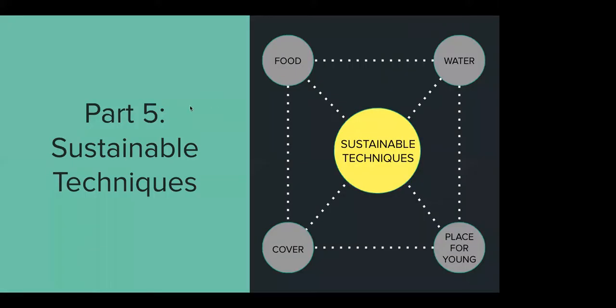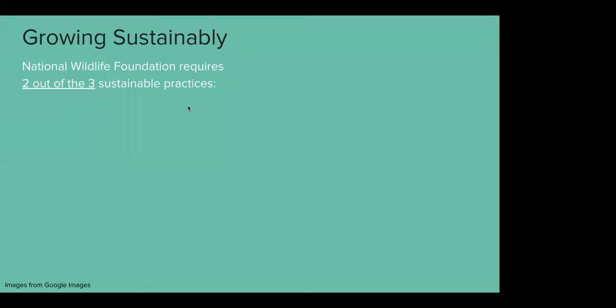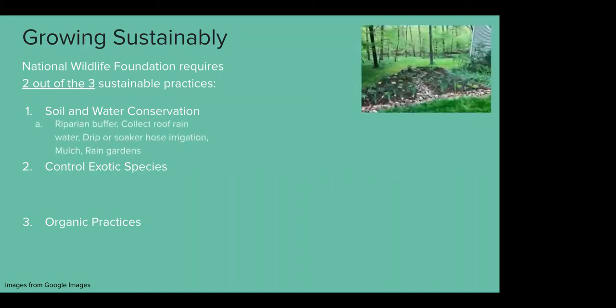And so this last bit about the sustainable techniques. The NWF requires 2 out of 3 sustainable practices. And we're going to break them down quite a bit. So here are the 3 practices that NWF recognizes, which is soil and water conservation, control of exotic species, and organic practices. So for soil and water, we're looking at perhaps if you have that creek, to increase the number